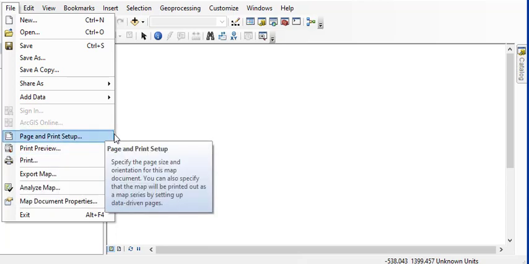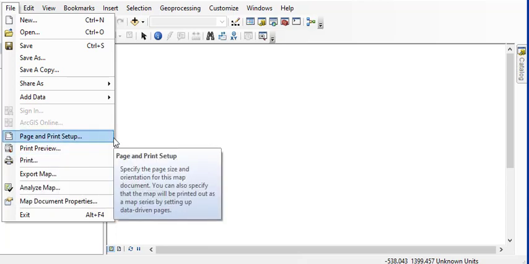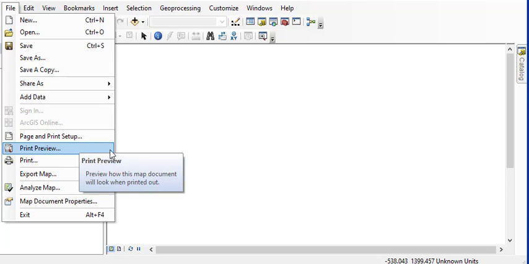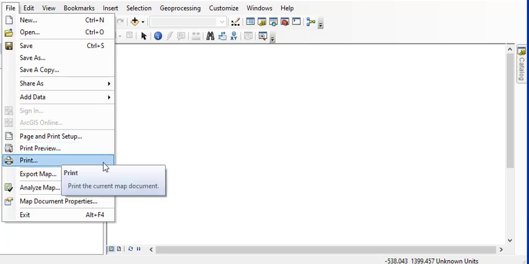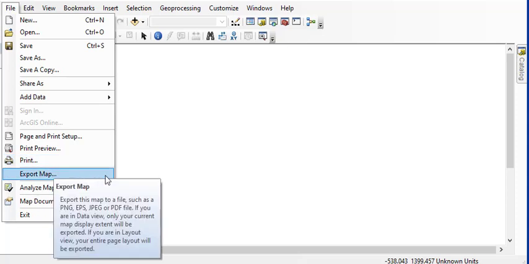Then here for the print setup, this is where you are able to set the page size, and also you can set up what exactly you want printed. We have the preview, and this shows you how the map will be when printed out. We have Print. This is where you just print the document as it is. We have Export. This gives you the ability to export the map into a different file, which can be opened